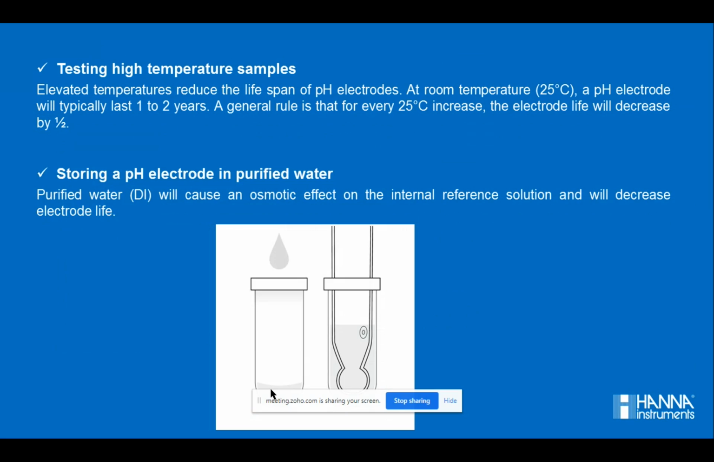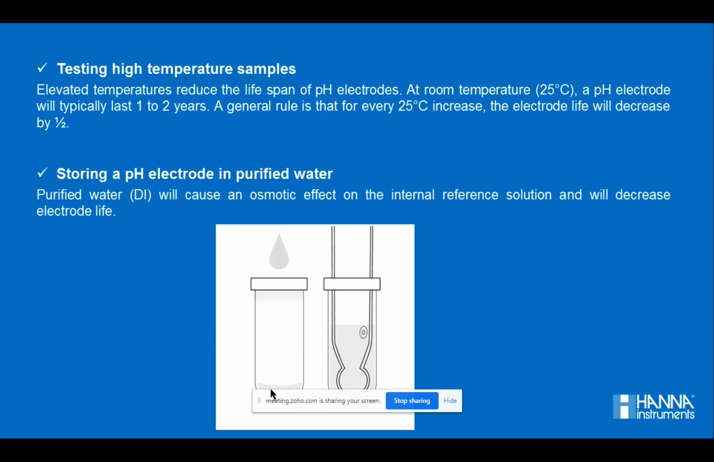Another highly common misconception people have is storing the pH electrode in purified water. Yes, this is the biggest misconception people have. Storing a pH electrode in DI water can cause an osmotic effect. The highly concentrated salt solution which is filled in the reference compartment